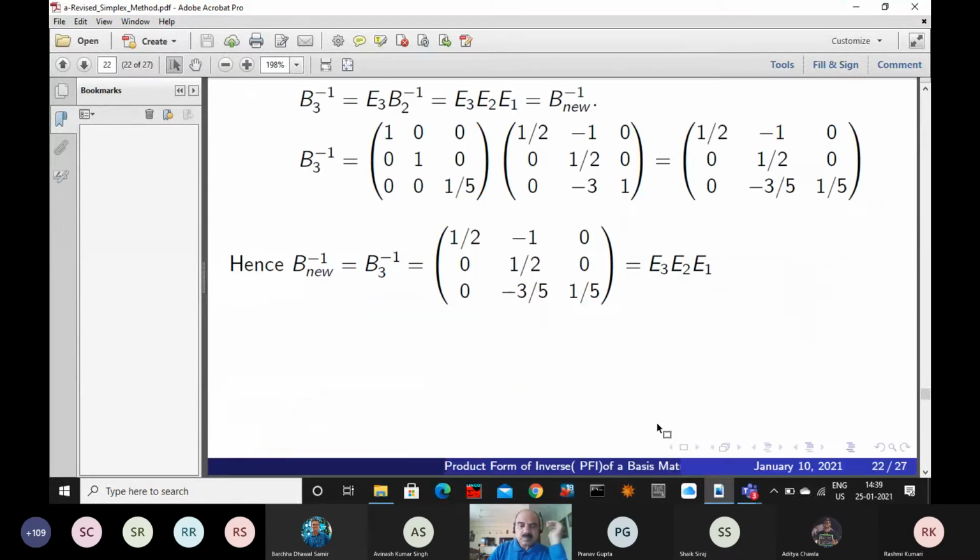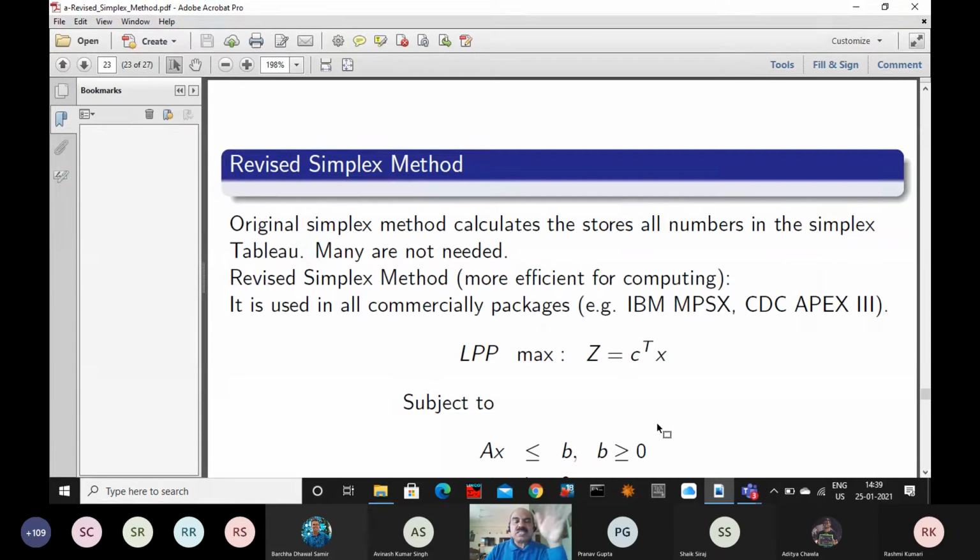Now we'll discuss the revised simplex method. What is the theory behind the revised simplex method? It's very crucial. Excuse me, sir. Yes. Sir, in the product form of inverse, can it ever happen that if we are changing the rth column, then the rth entry itself is 0, because then the eta matrix will not be defined? In the simplex method, have you seen a key element being 0?